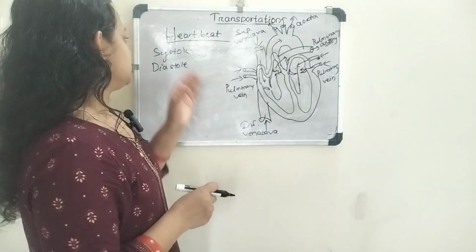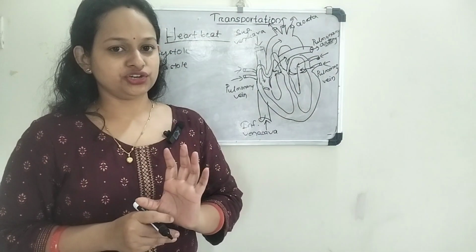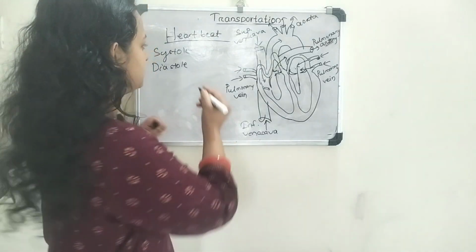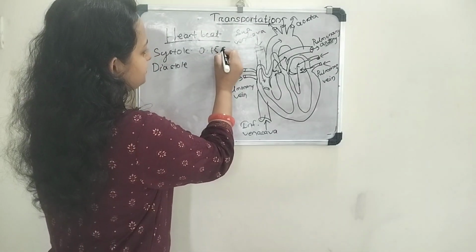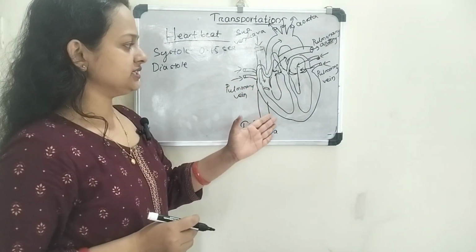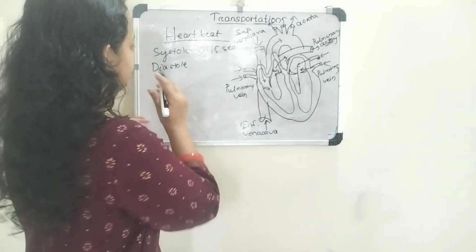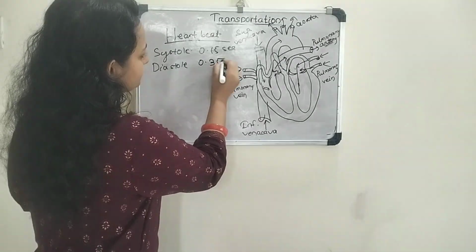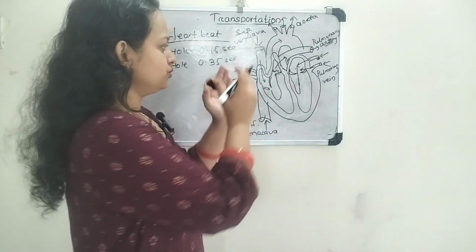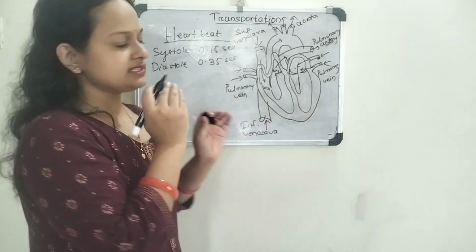So the systole of both the atria completes in 0.5 seconds, and the diastole of both the ventricles of left and right side completes in 0.3 seconds,